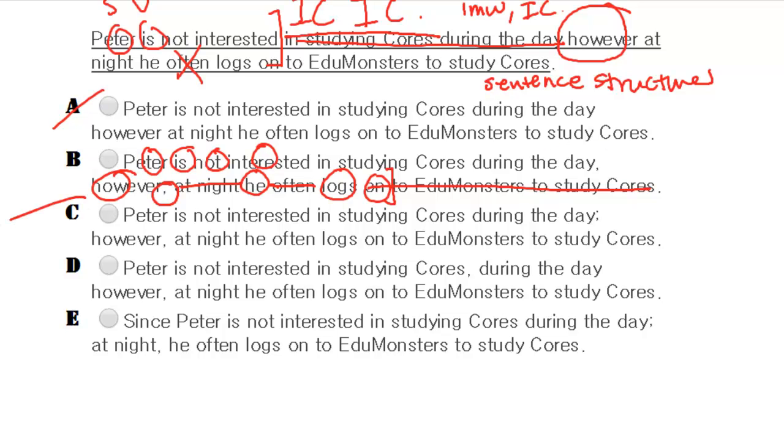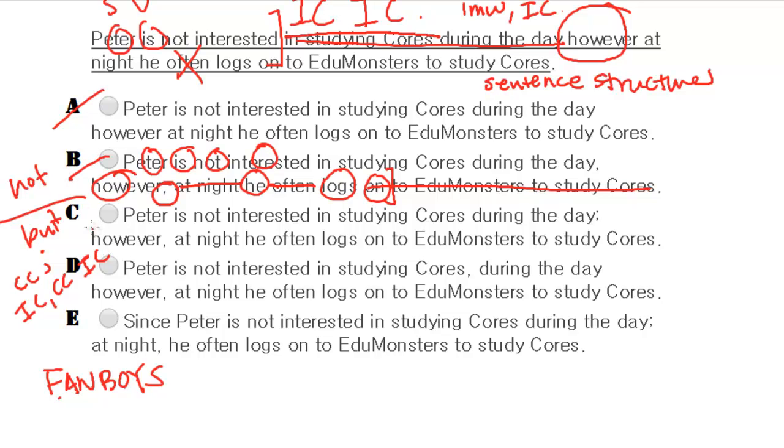Except, however, it does not function as but. I know it means the same thing, but but is what's known as a coordinate conjunction, right? Coordinate conjunction meaning you could combine two sentences with, oops, there shouldn't be a comma over here. You could combine two sentences with a coordinate conjunction, like FANBOYS, right? And FANBOYS are what? For, and, nor, but, or, yet, so. These things you can combine two independent clauses with, right? But with however, this adverbial conjunction, you need a semicolon, right? So that doesn't work. Okay.